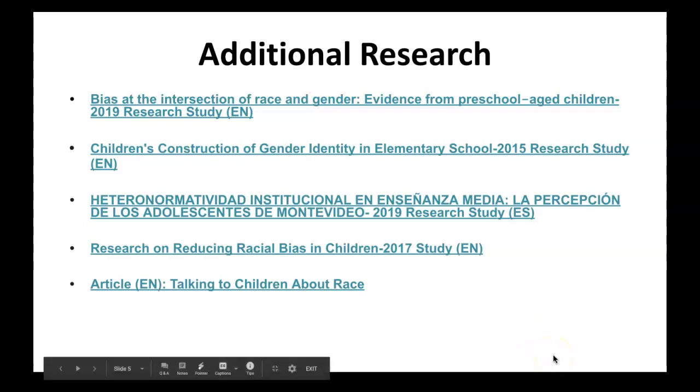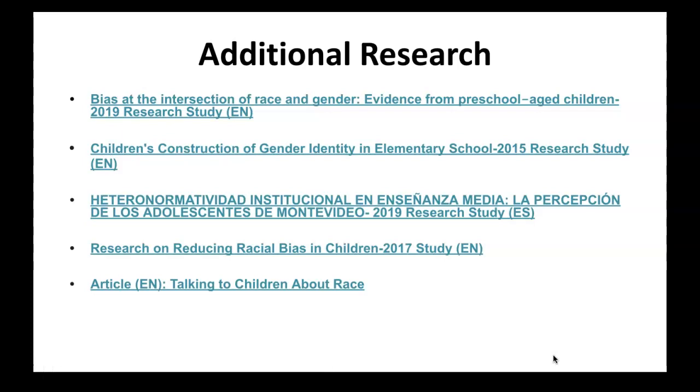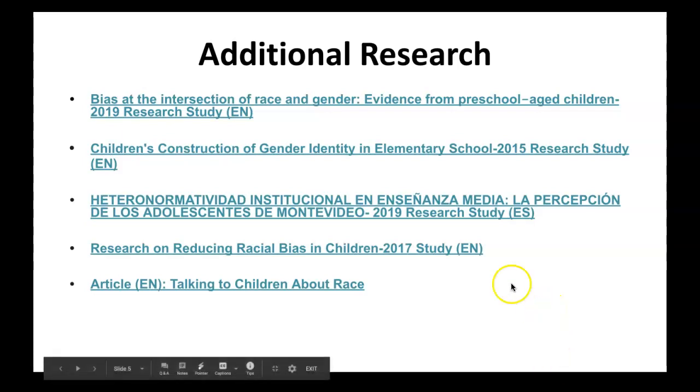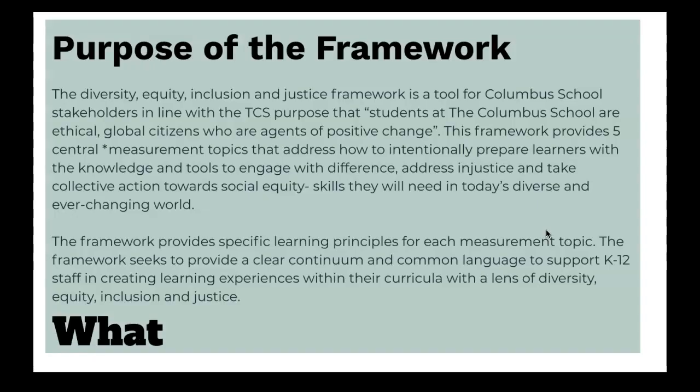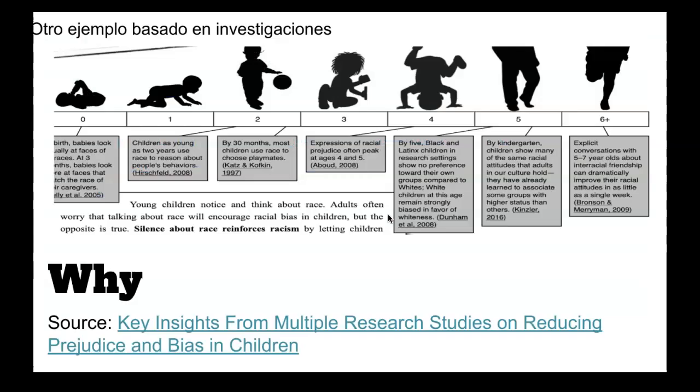And so unless schools are deeply intentional about combating them, we are essentially complicit in the creation of biases that can turn into active discrimination. So there's some research there if you're interested. Ultimately, the idea of the framework, if I go back to it, is it allows for the intentional preparation of skills that students need to be able to combat bias, to be able to recognize bias, to be able to engage with difference, and to address injustice.